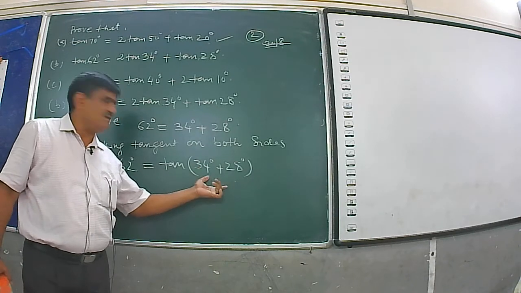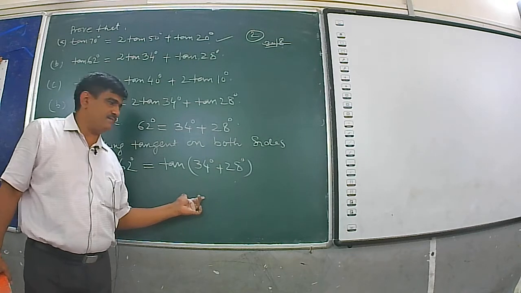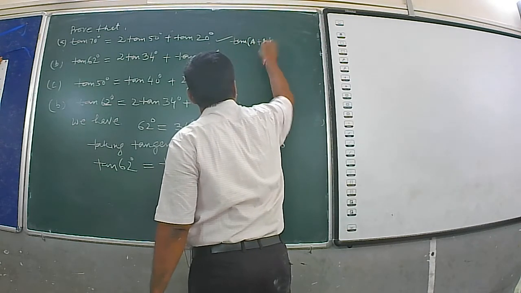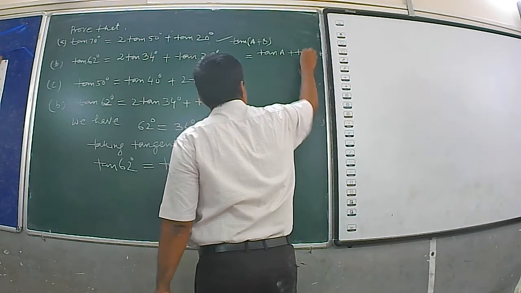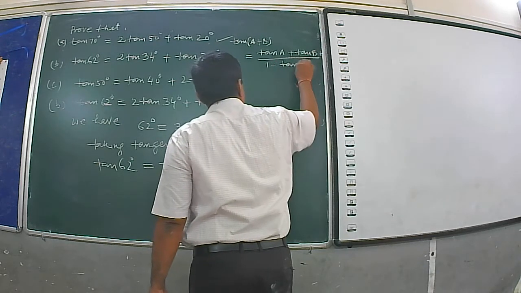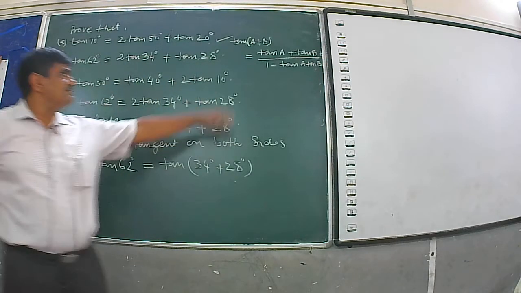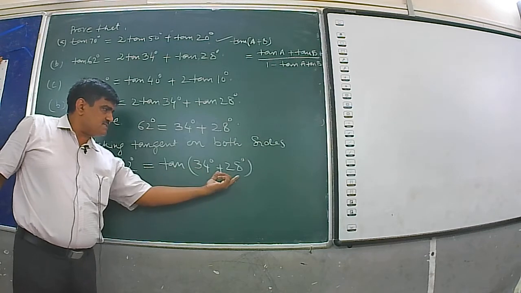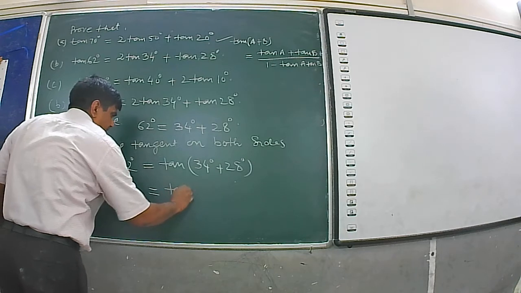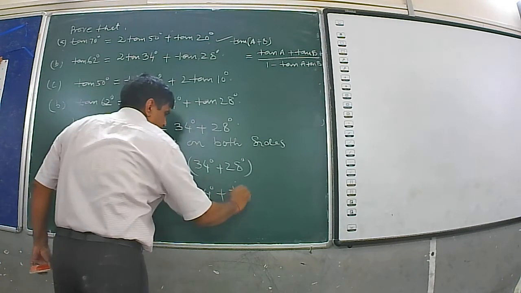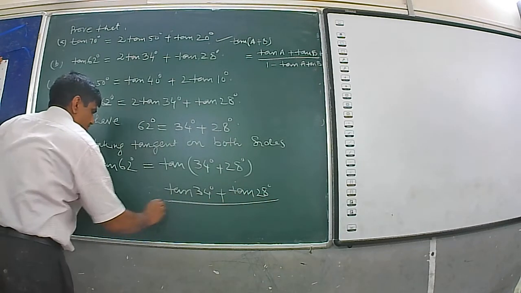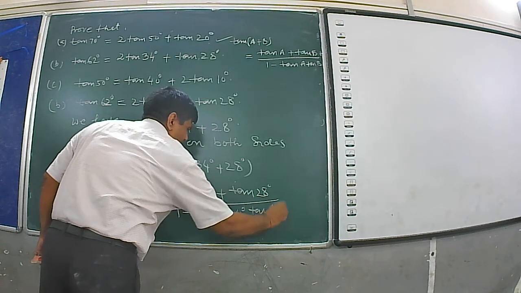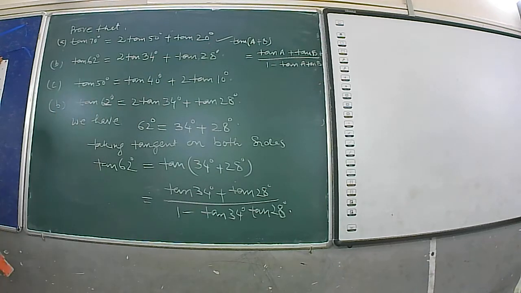Again apply the formula tan(A plus B) is equal to tan A plus tan B upon 1 minus tan A tan B. On the right hand side, tan 34 plus tan 28 by 1 minus tan 34 tan 28. This implies that